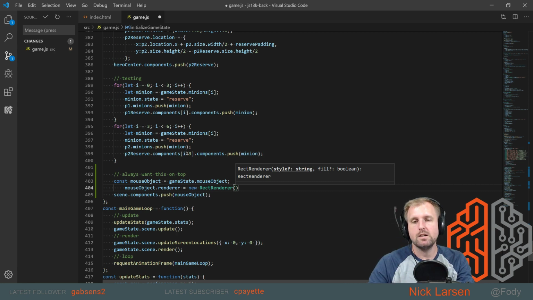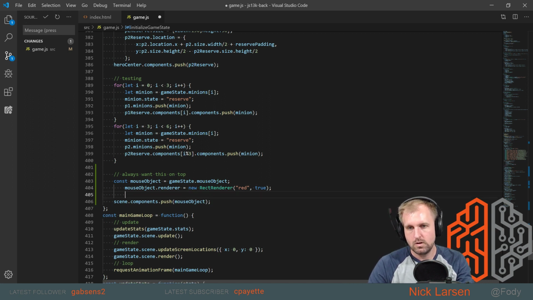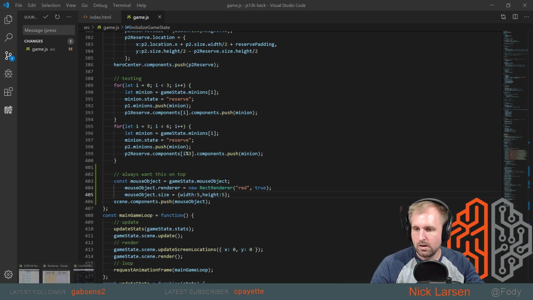How big do we want the size to be here? I think we have it at 1, 1. I think I'm gonna make it like 5, 5, something like that. Red. Fill. True. And let's do mouse object dot size equals width 5, height 5. All right, I think what's going to happen here is as we move the mouse around,